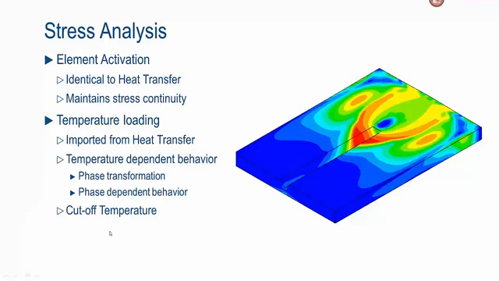One other feature that we enforce in the stress model is a cutoff temperature. In other words, we cap the maximum temperature coming in from the heat transfer model at or close to the melt temperature, because we don't want the material to accumulate any thermal strains above that cutoff temperature. So we cap the temperatures at the cutoff temperature, which is about 80 or 85% of the melt temperature, melting